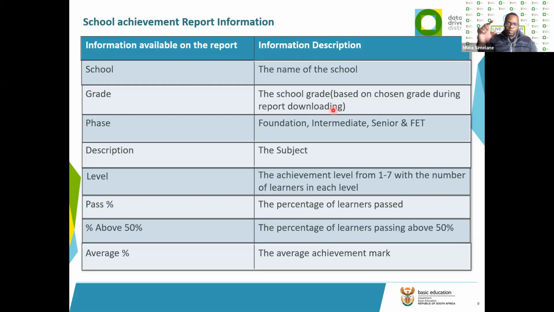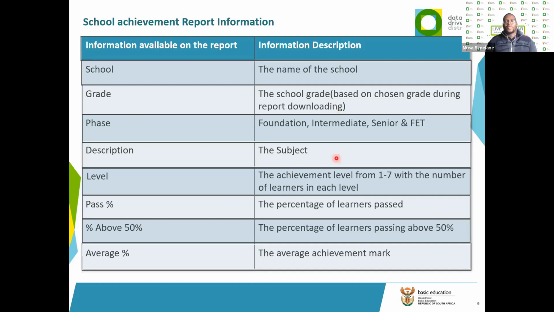So when you downloaded the report, if you said, I want to see from grade 10 to grade 11, on that report, you won't find any grade that's not in there. So if you start saying, let me analyze grade 9, that won't be available because we pre-selected that in the parameters not to be there. Of course, it will show the phase, foundation, intermediate, senior, and FET phase, which can be useful for even deeper